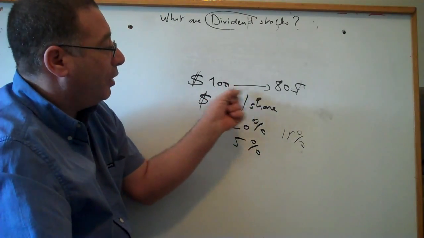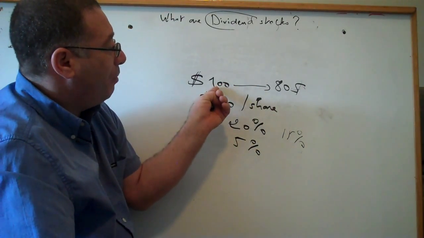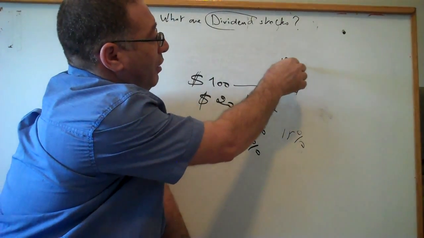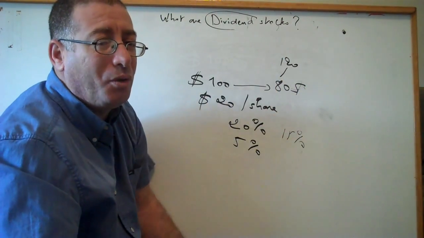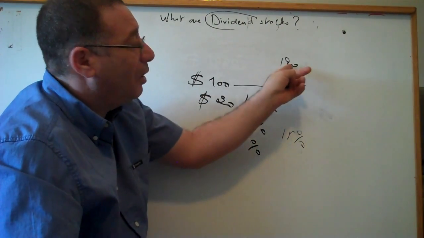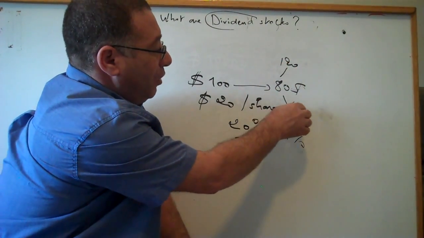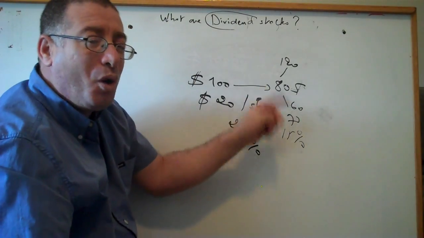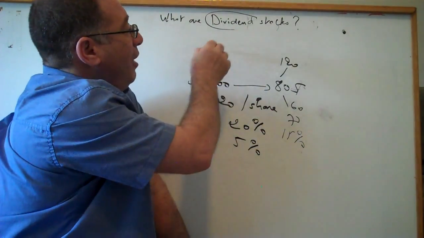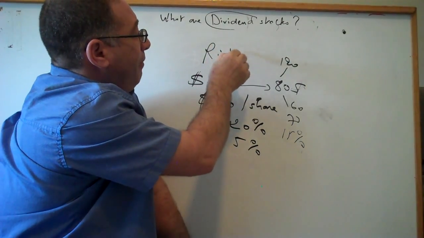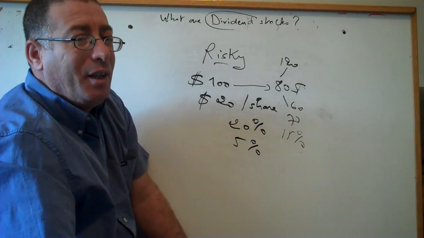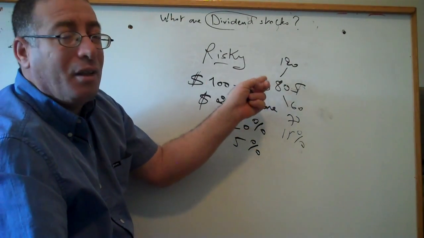And maybe someone tells me, okay, from 100 it goes to 80, next year it goes to, for example, 120. I ask you the question, how do you know? How do you know that from 80 it goes up? Maybe it goes to 60 or to 70. So you lose more money. So that's why dividend stocks are a risky investing. It's a risky investing.